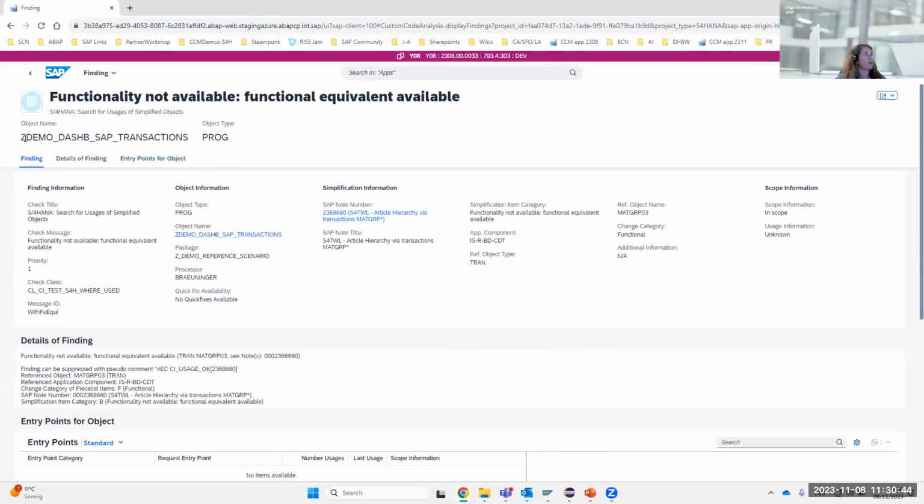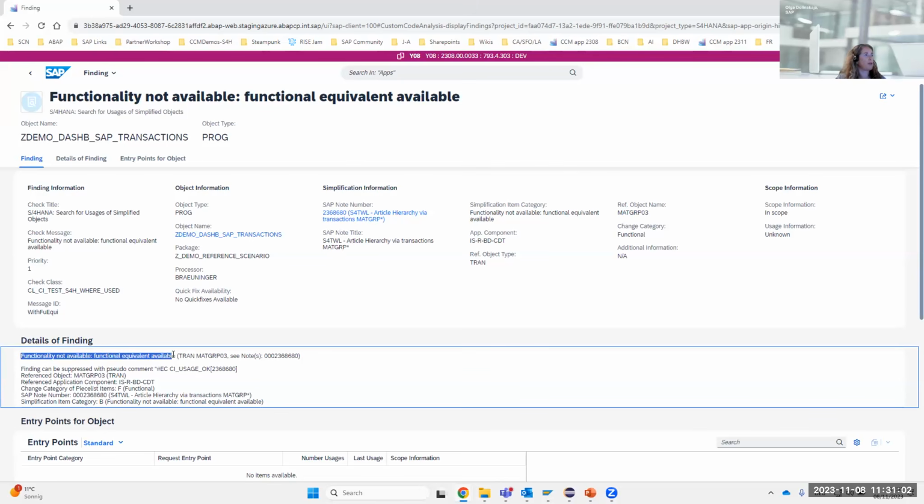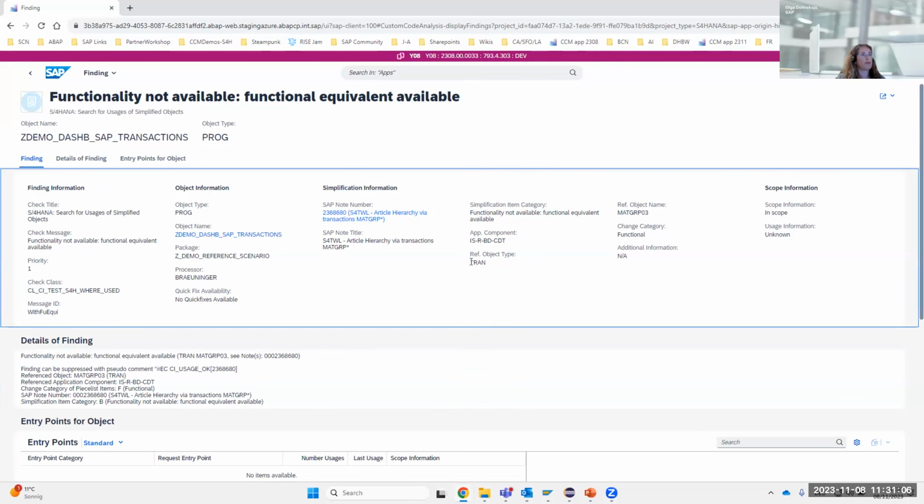And you see here these custom code objects, this program here is what causes the problems. And you see here in the details of the finding that the functionality which is used in this program is not available, but the functional equivalent should be available. And the problem is where? In accessing the transaction